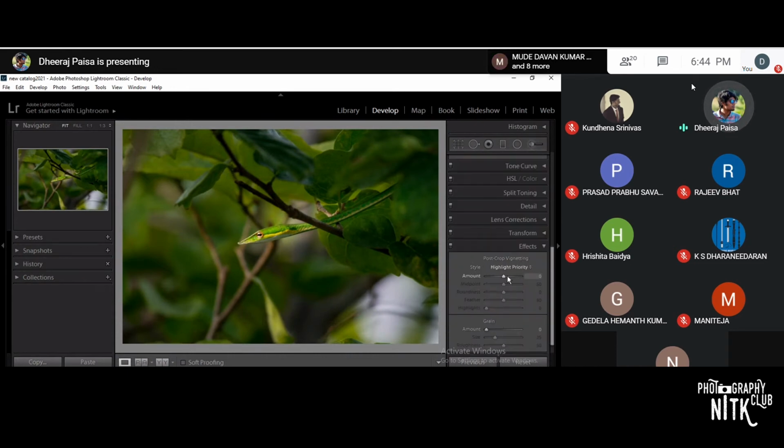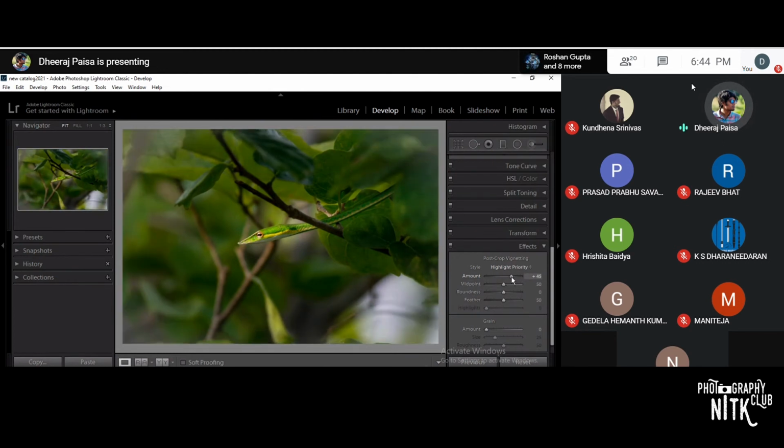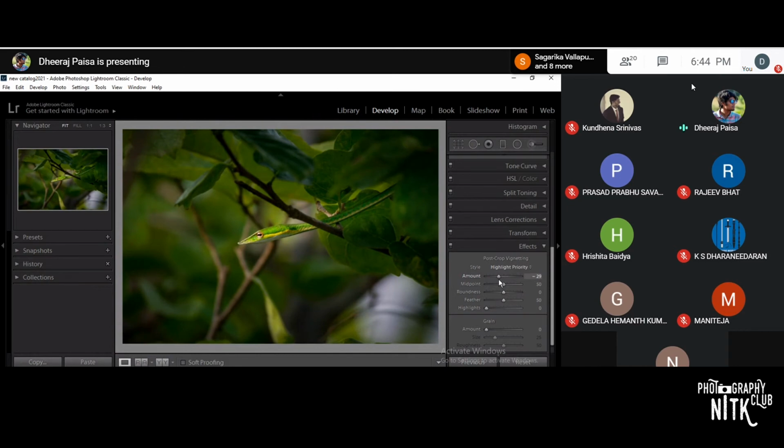Here is the vignetting. If you move the slider towards the left side, it adds a black vignette. If you move the slider to the right side, it adds a white vignette. Now, according to the situation, we use a black vignette. So we'll move the slider towards the left.